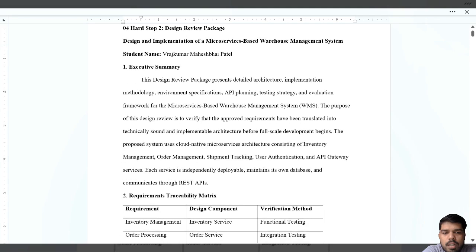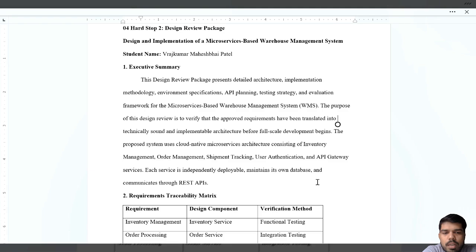Let's go to part one, the executive summary, where this project focuses on the design of a warehouse management platform capable of managing inventory, processing customers' orders, tracking shipments, and handling user authentication. The system consists of five major components: API gateway, authentication service, inventory service, order service, and shipment service. Each service has its own database and communicates using REST API. The overall goal is to create a reliable, scalable, and fault-tolerant system that supports future expansions without affecting the